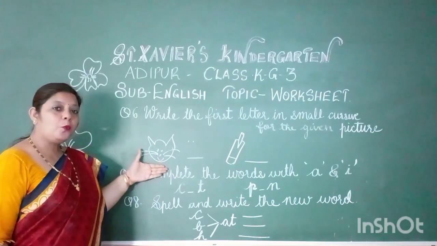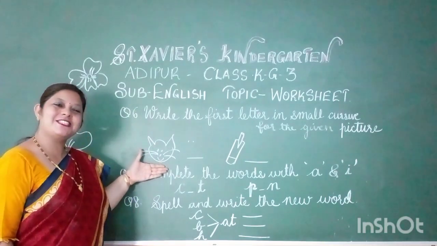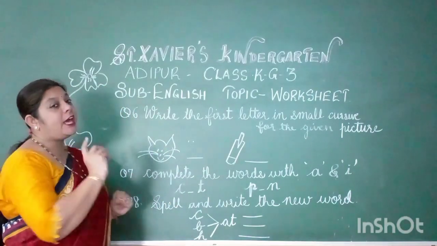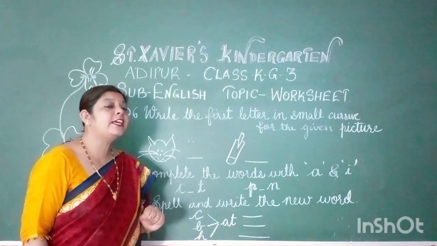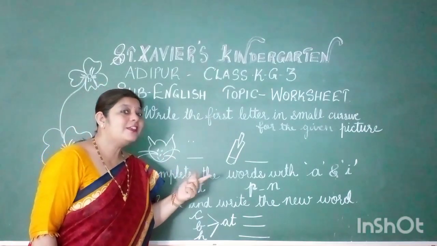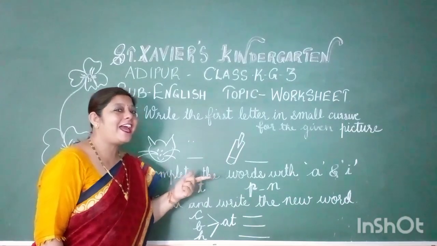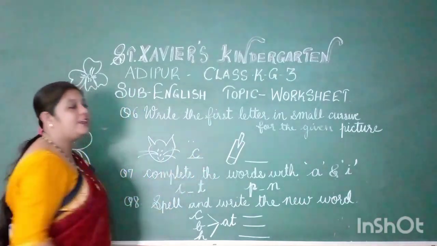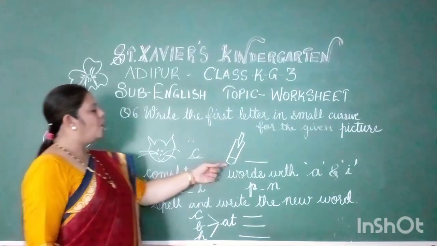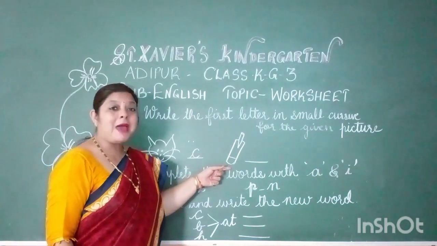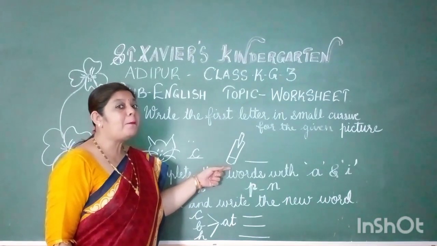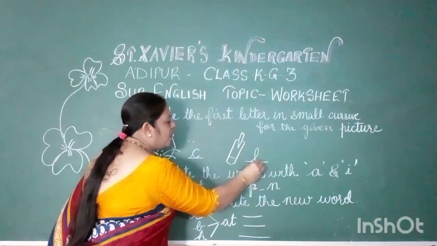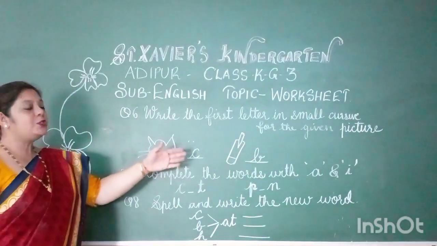Now who will tell me which picture is this? Yes, it's cat. Cat says meow meow. So cat के लिए हम कौन सा लेटर फर्स्ट लेते हैं? Come on, phonic sounds. Cat. C. So you have to write the small cursive letter C over here. Now, yes, it's bat. So which letter? B. Come on, the right small letter B, and so on.